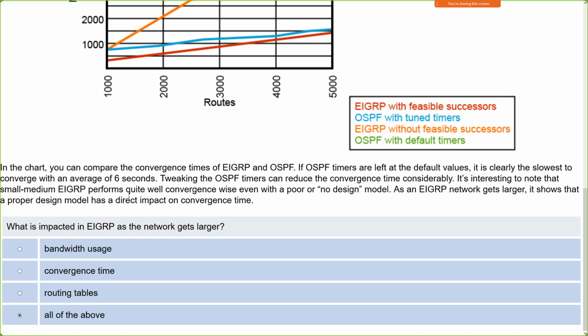But just like anything, there's a good way of implementing something and there's a poor way of implementing something. So not only is it just a matter of choosing the appropriate protocol, it's a matter of choosing to implement the protocol correctly. And it's not just a matter of put in these commands and make sure everybody has adjacencies. Plan out your summary boundaries,